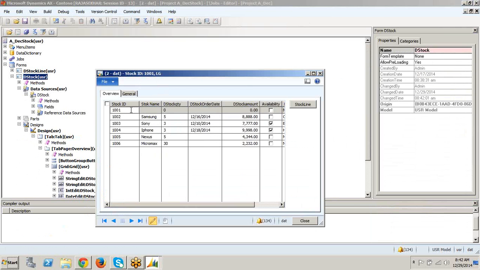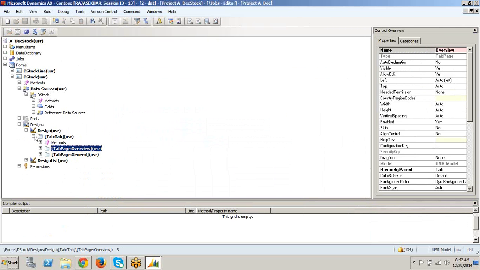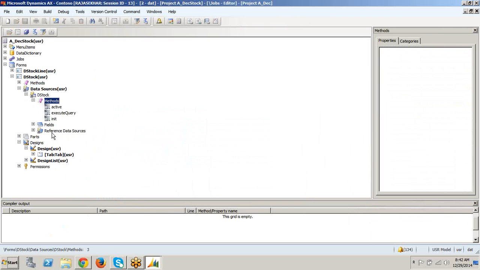So while pressing Ctrl N, we are able to create a new record. While creating a new record, there are a few override methods that get called from the data source level, not at the form level. From the data source level, a few methods will be called when you create a new record. So the methods are